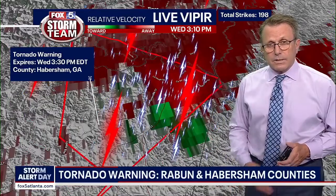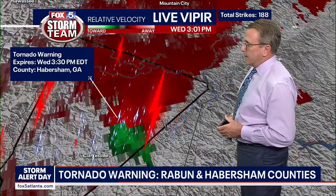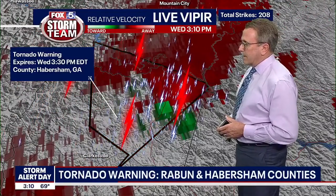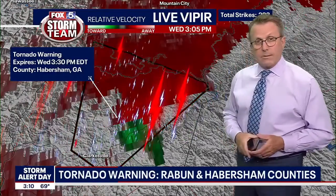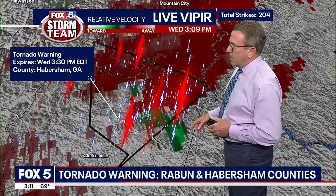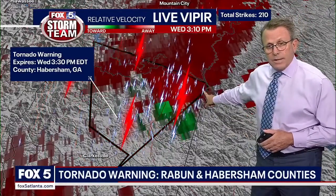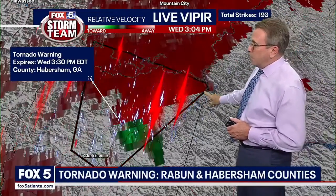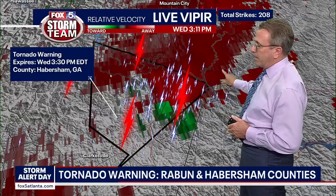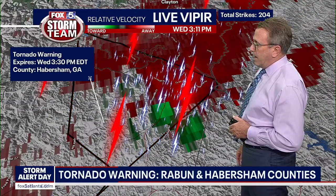Hopefully it's not to any buildings or anything like that. But we don't want trees down either, because that could lead to some power outages, which we'll be dealing with, I'm sure, as we go through the day tomorrow and into early Friday. So again, tornado warning up in Habersham County. This is going to continue until 3:30, unless it moves out of Habersham, and it's going to do that here probably in the next 10 or 15 minutes as it continues to make its way up to the east-northeast at